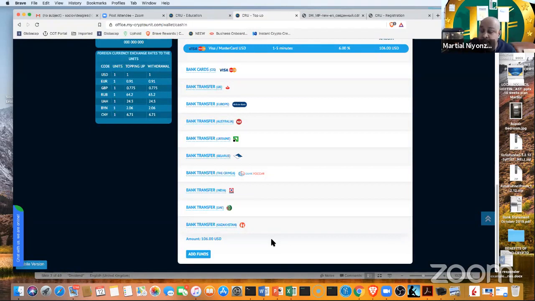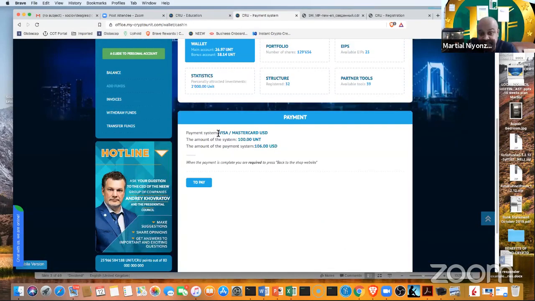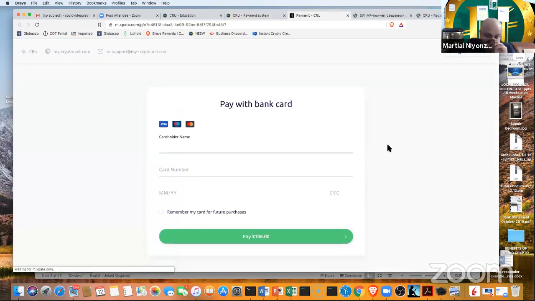All right. I know people are worried about the volatility. Trust me, guys, to fund it is way better sometimes. If you withdraw it, cash it out straight away. So don't just wait to keep it because of the volatility. But when you come to fund it, you just click add fund. All right. Now, when you click add fund, you get pretty much the same. You see what you are paying with, how much total you're going to pay, and you click to pay. Again, it opens another